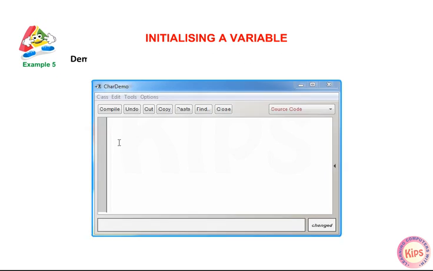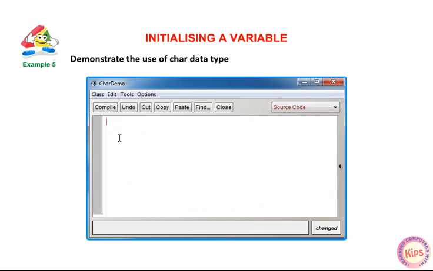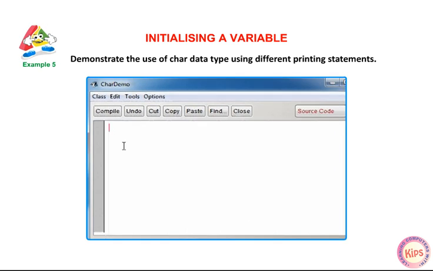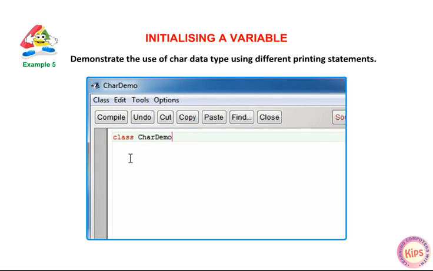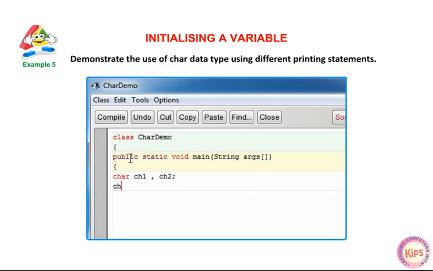Example 5. Demonstrate the use of character data type using different printing statements. class CharacterDemo { public static void main(String args[]) { char ch1, ch2; ch1 = 88; // ASCII value of character X. ch2 = 'y';